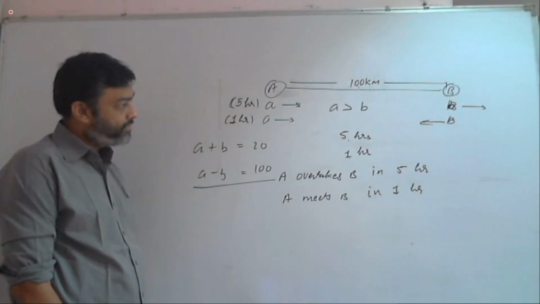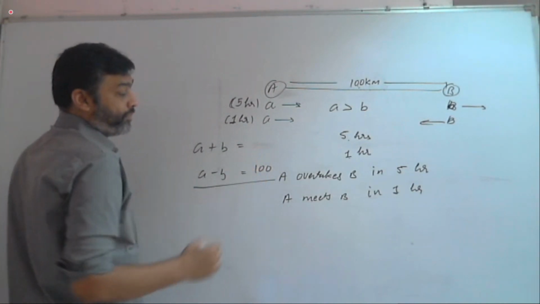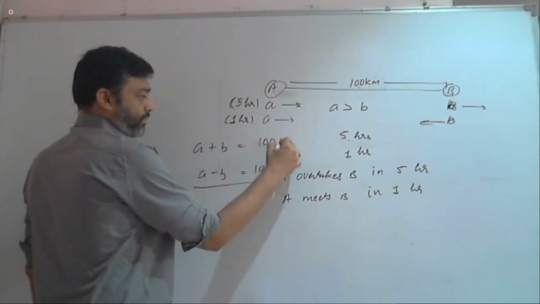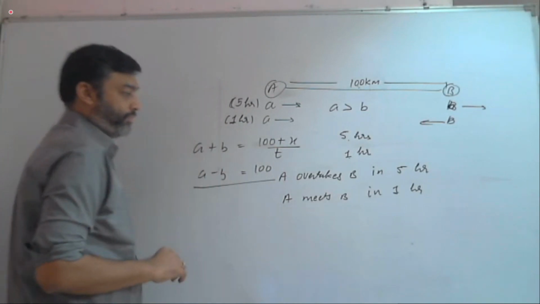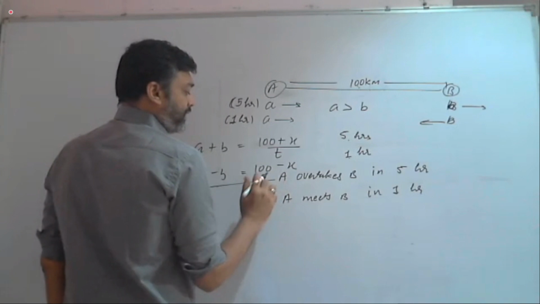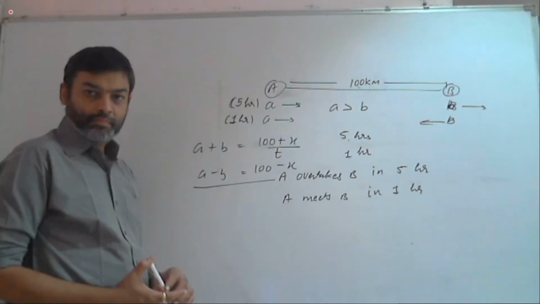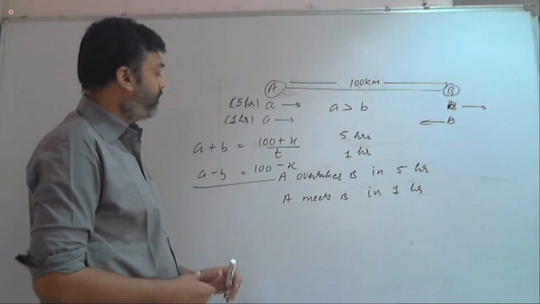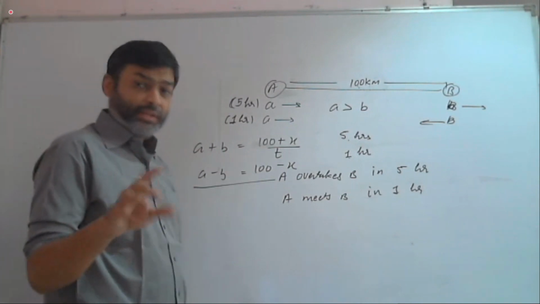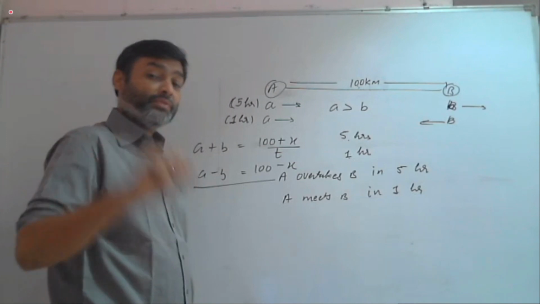सर, A प्लस B इक्वल्स टू 100 प्लस x अपॉन टाइम नहीं लिखना पड़ेगा? और उसमें भी A माइनस B 100 माइनस x अपॉन टाइम। हाँ, ये x क्यों किया वो बताओ मुझे। सर, x मीन्स कितना आगे गया तब मीट करेंगे, और सेकंड केस में कहाँ पे मीट करेंगे। अच्छा, आपने ये सोचा, वेरी नाइस। पर आप ये सोच सकते हो कि दोनों x सेम होंगे, एक बार सोच लो।